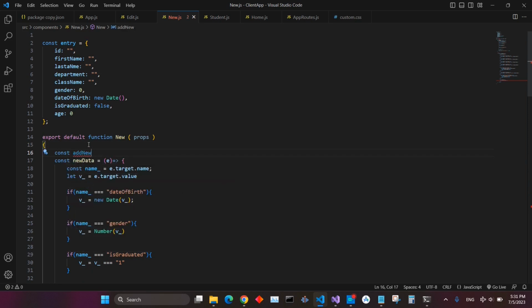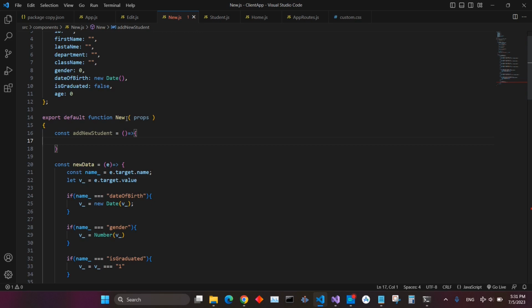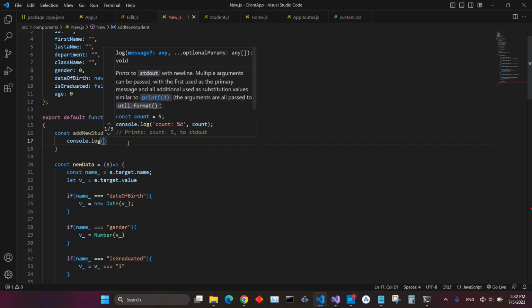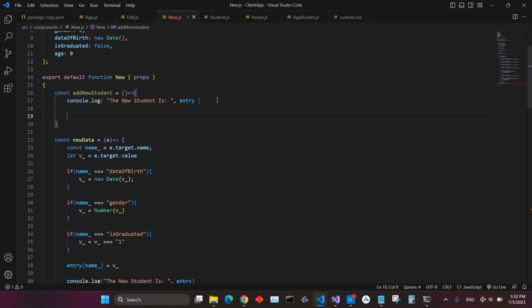Add a new student. Here we have the object, and then we need to send this to the backend of .NET, and .NET will ask that service, and the service will talk to the MongoDB cloud services. Here we should also console log. So the new user is this one. Here we again use fetch API